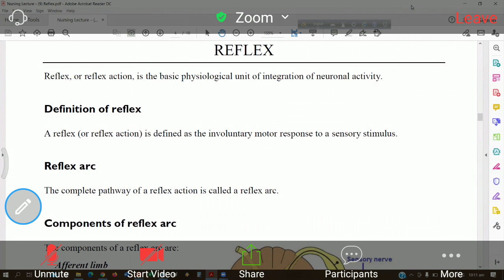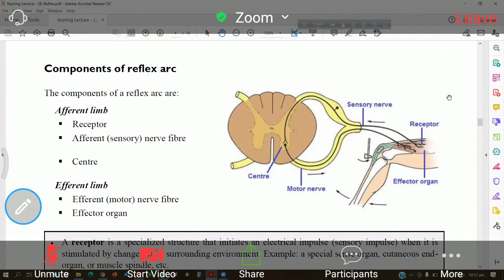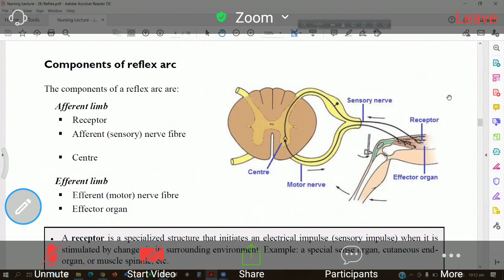Now, a reflex activity requires a definite path. And this path or pathway for reflex action is known as a reflex arc. A complete pathway of a reflex action is called a reflex arc. The reflex arc has five components. These five components can be divided into three groups. The first one is the afferent loop, which consists of number one, the receptor itself, number two, afferent